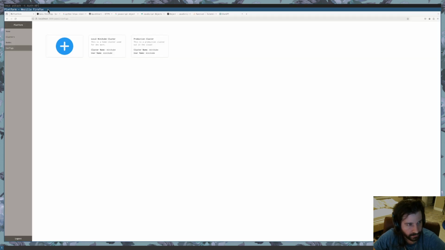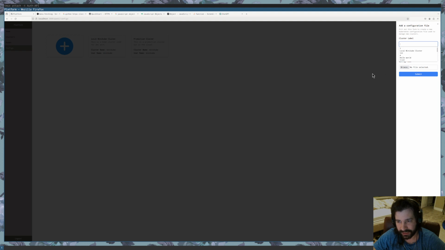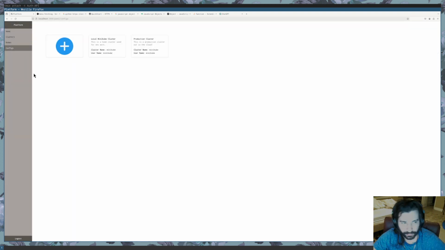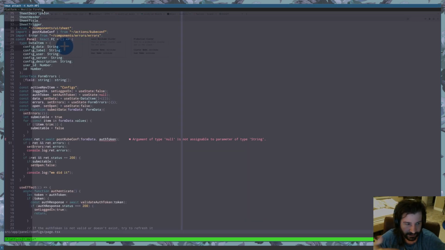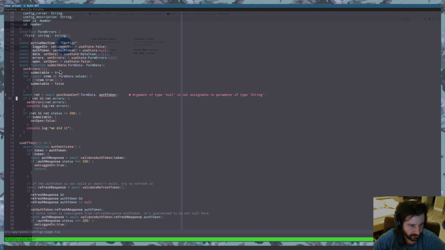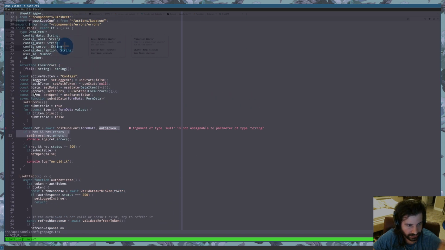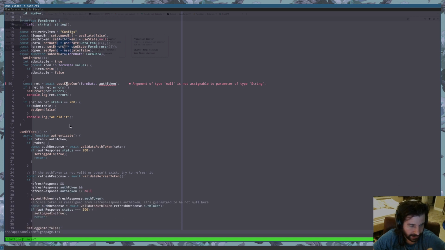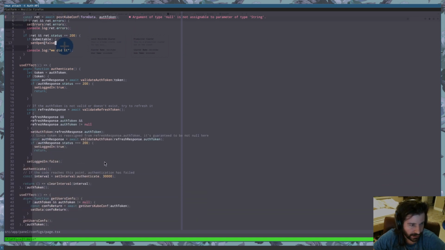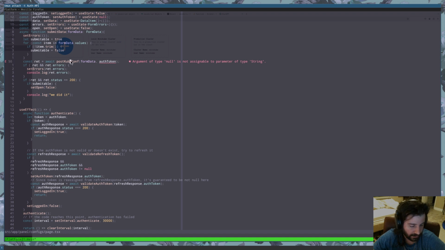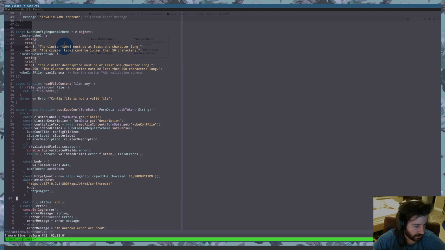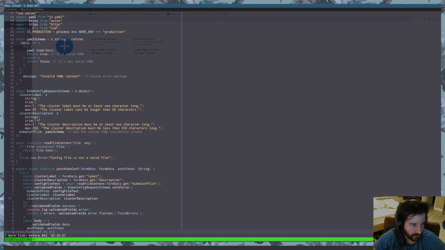But in this one, what I ended up doing was I took the auth token and the user ID out from the form. So we no longer need it and we're just getting it from the actual application. To do that, we added an extra field into our post kubeconfig function called auth token, and that is our authentication token that's stored in memory of our application. And then we can go and look at, yep, here we go. We're in our